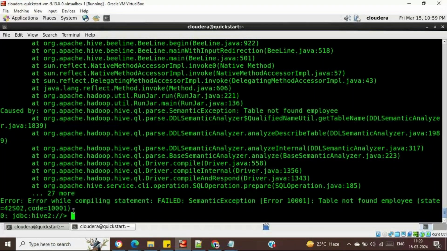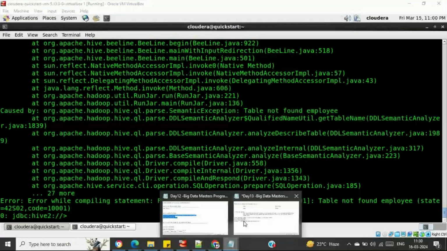Okay, now what will happen once we have an external table? At this moment we are going to create the external table, and inside the external table the data will be external to Hive. So data will be available in a particular location that is external to Hive. So we just need to mention that particular location. So say this is,